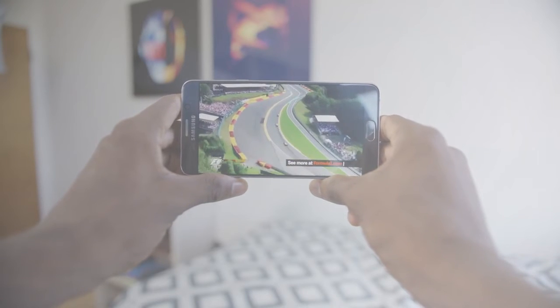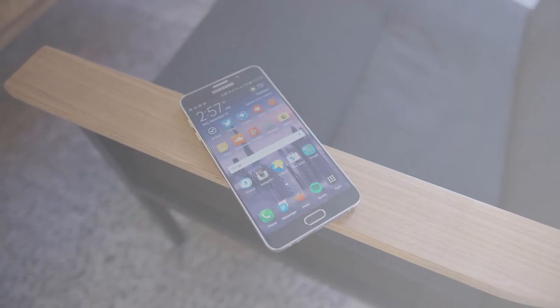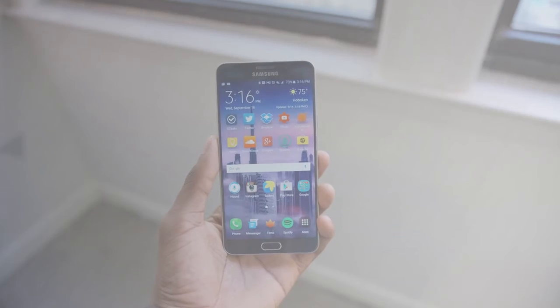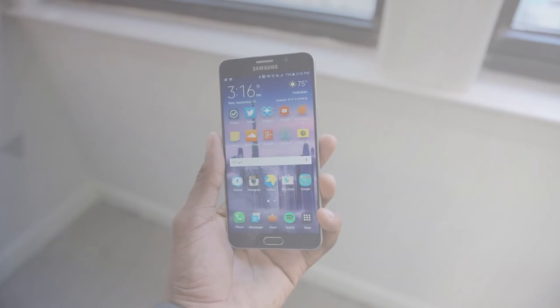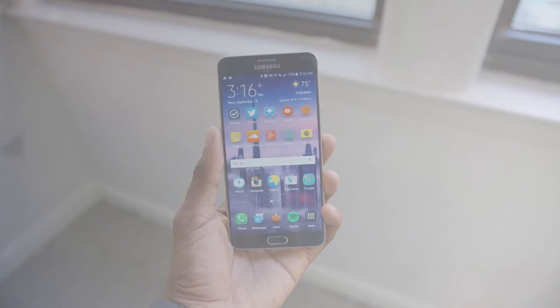Anyway, on the front of this phone, the Note 5 is rocking a 5.7-inch 2560 by 1440 Super AMOLED display, so an awesome Quad HD resolution, super sharp pixel density, excellent brightness to the point where it's plenty readable outdoors, great viewing angles, really saturated but adjustable colors, and spans pretty much to the edges of the phone with the super thin bezels. It is the best display on any smartphone right now. So if you like screens, then...